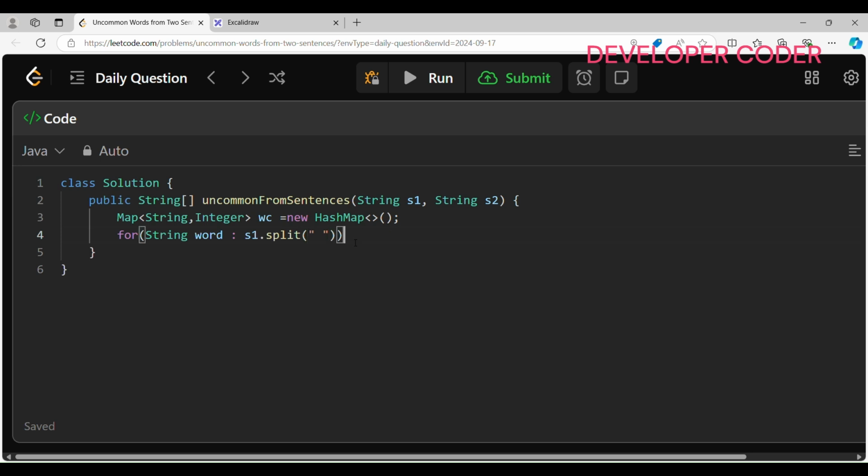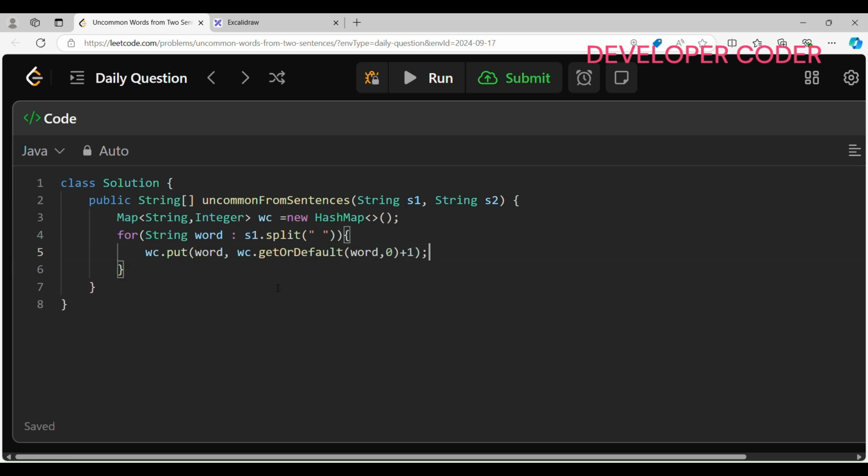Okay, so this is done here, and inside this in my word count map, here word count dot put, check if this word is already there in my map. If it is there, then what we need to do, and if it is not there, then what we need to do here. So here wc dot get or default. It is going to check if it is already there or not. If this word is already there, then it will take the previous frequency of that. If it is not there, then it will take frequency as 0 in the starting and then add 1 to that. Easy,